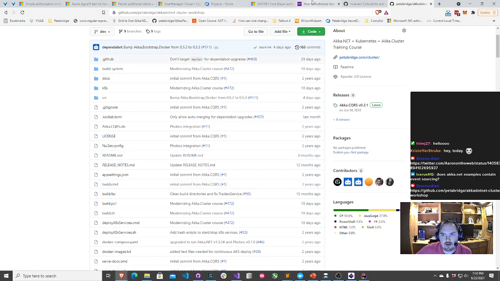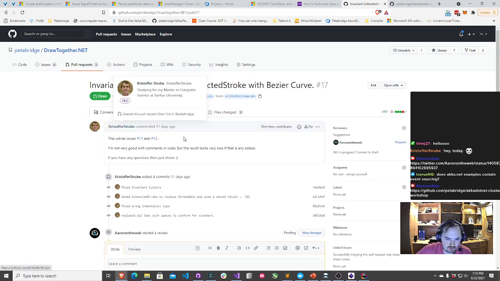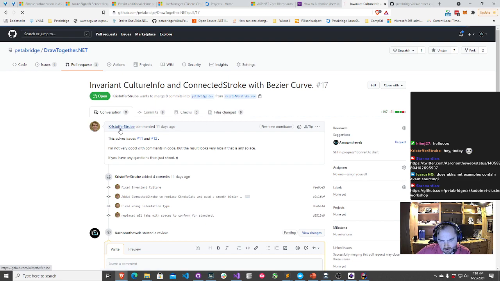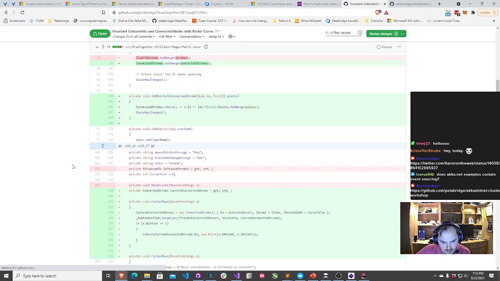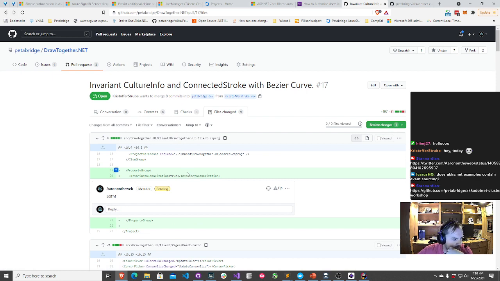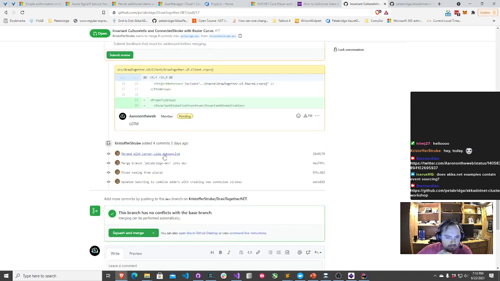All right. Now, next thing I wanted to take a look at was Christopher's pull request. So Christopher, if I take a look at the files that you changed here, you basically went ahead and integrated some of these. I think, if I recall correctly, rather than using just individual circles to represent points, you actually turned everything into curves. Yeah, that's right, Bezier curves. And you combined this with our server-side debouncing to improve the throughput at the rate at which we can add new graphics on the server. And then what's this change here?